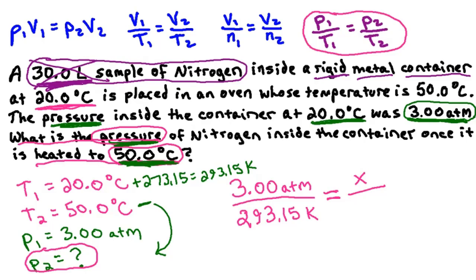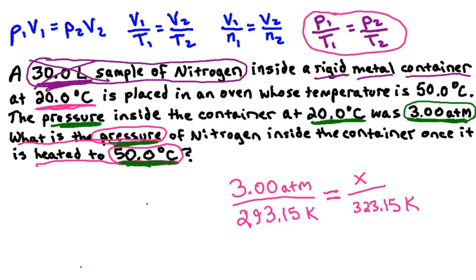So if you add 50 degrees Celsius plus 273.15, you're going to get 323.15 kelvins. So we're going to put that down for our T2, 323.15 kelvins. Now, how are we going to solve this? Well, we can take our 3.00 atms and divide that by 293.15, and that's going to give us